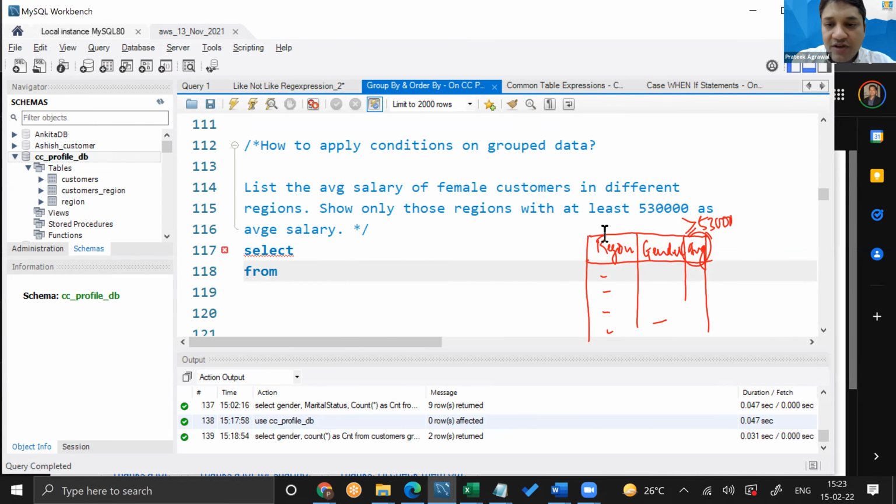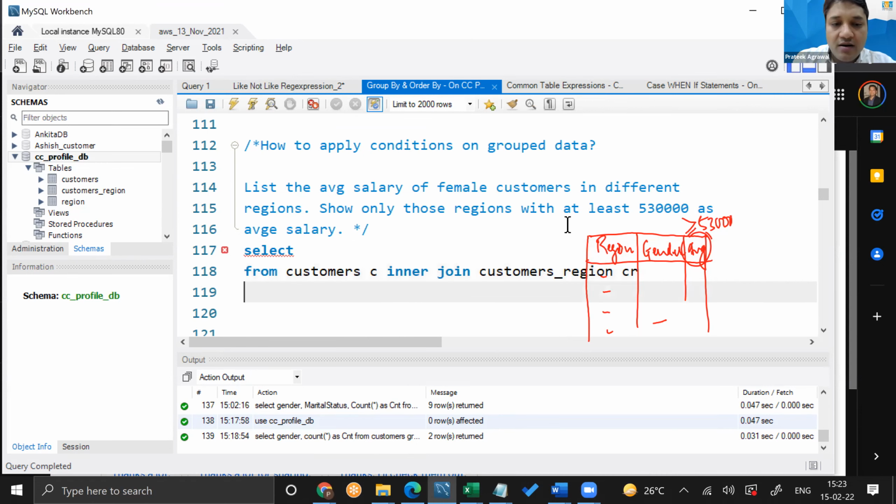So region information is going to come from the customer region table, and gender information is going to come from the customer table. Join the two tables: customer C inner join customer_region CR on C.cust_id equals CR.cust_id.